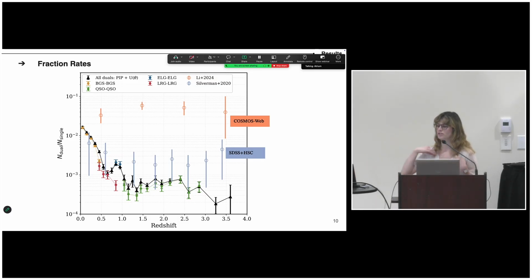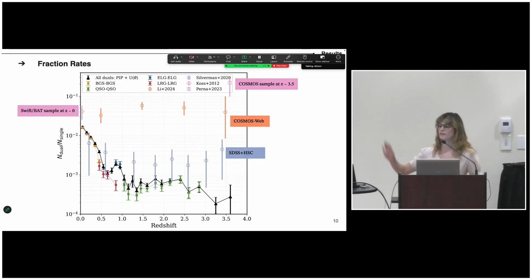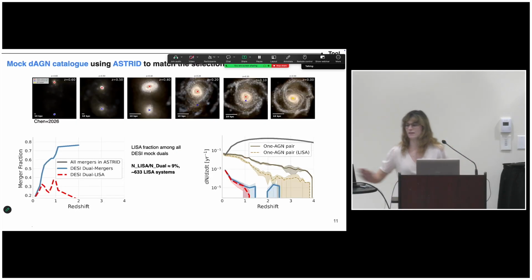We see that ours lie below this, but this is mainly coming from the limitation of different selections, but mostly from the fact that they observed highly obscured ones, which are 2 orders of magnitude higher compared to unobscured ones. And the same goes with the COSMOS sample at high redshift, and then also comparing with Swift, we agree within 1 sigma. And finally, now that we have these dual AGNs, we're curious how many will actually merge